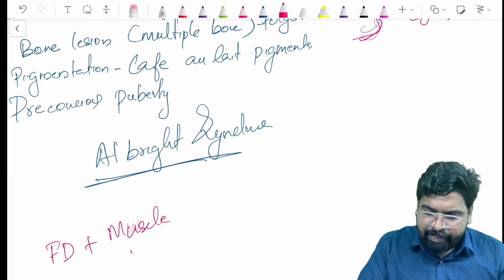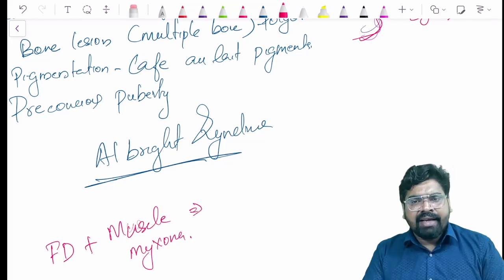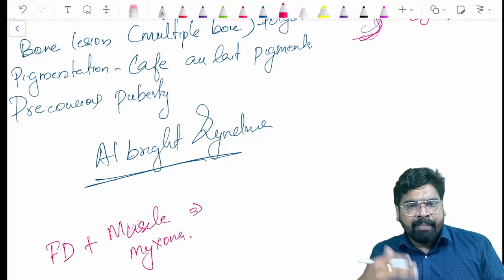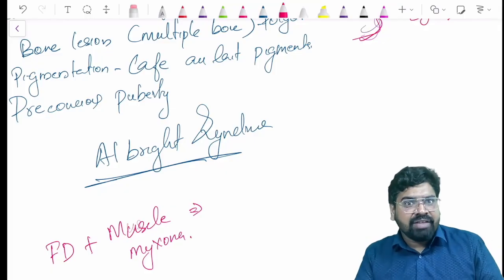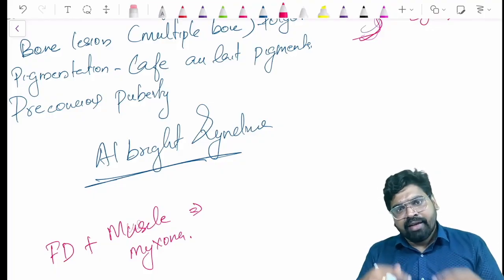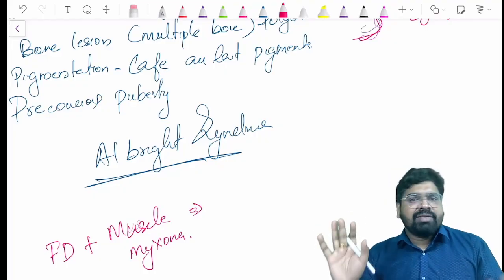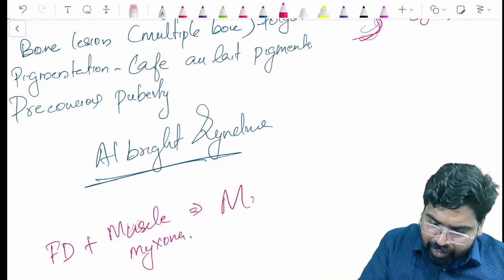Muscle myxoma. Myxoma is a tumor occurring in the muscle. So then it's like maza. Okay, maza in Hindi means fun, right? So this guy already has his bone gone and his muscle is also defective now. So very good. Okay, Mazabot